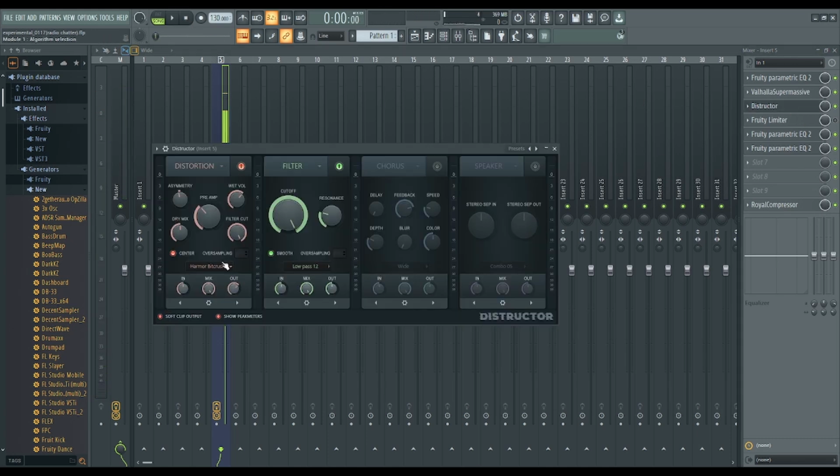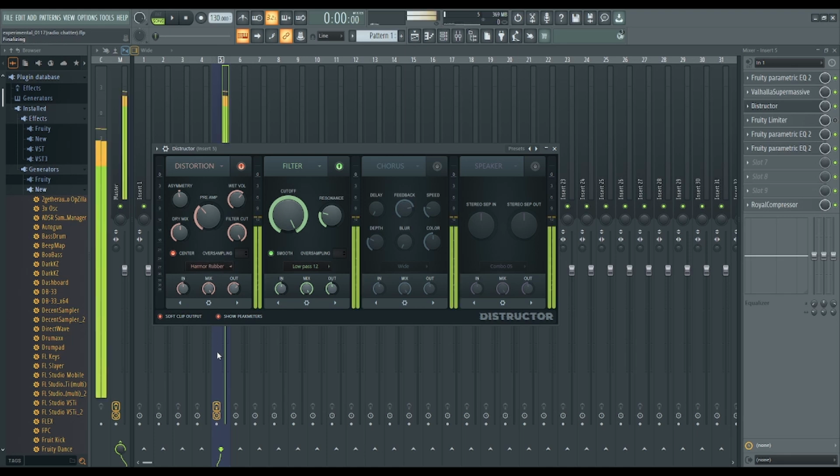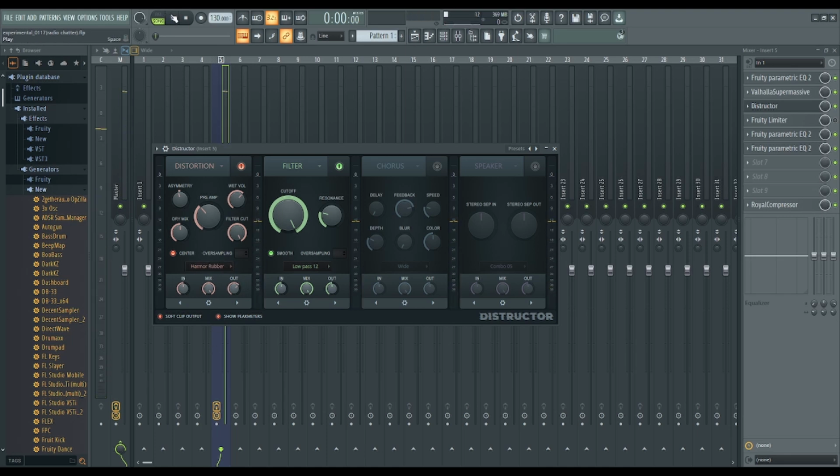It sounds like garbage, doesn't it? So with Harmor Rubber, the way I've set it up, like,